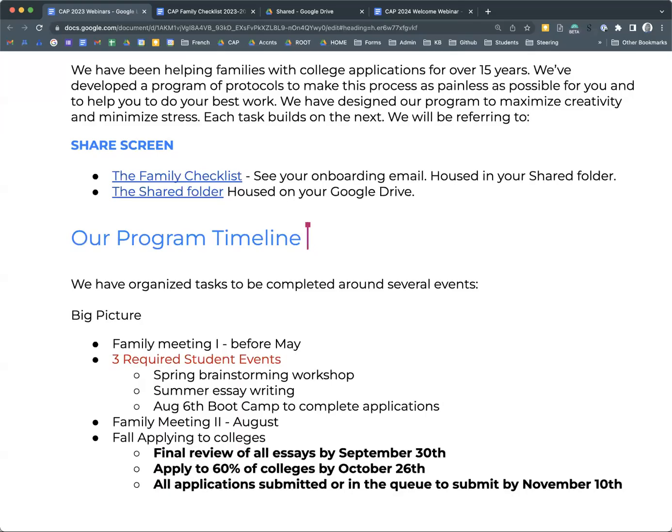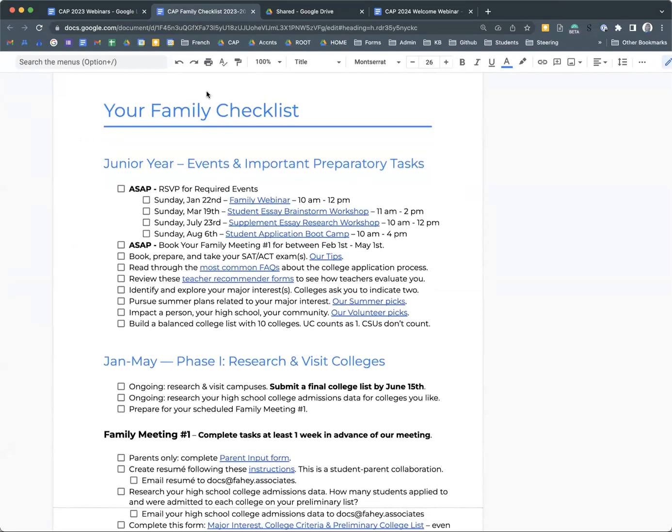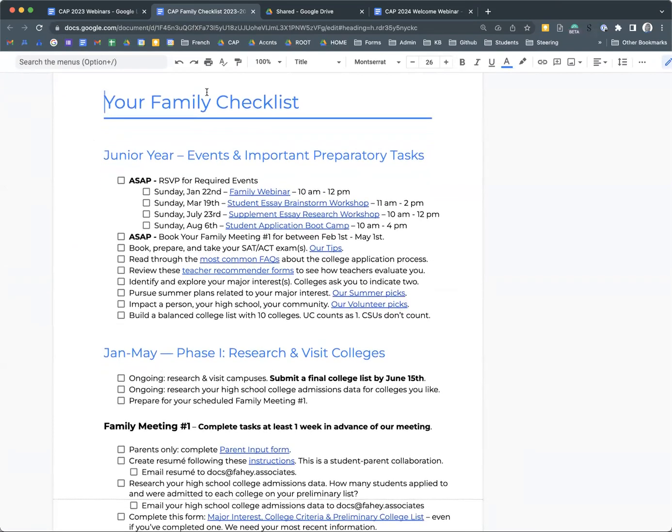So just so that you understand what that looks like, I'm basically going to walk you through how the whole program is organized. First of all, you all have received a family checklist, and I'm just going to share my screen quickly so that you all can see. You've looked at this already because you RSVP'd for this webinar today, but you each have a copy of this family checklist that you received in your onboarding email. It has all of the events that we're running this year, and I'll go over those in just a minute.